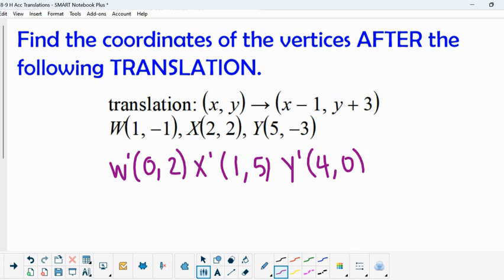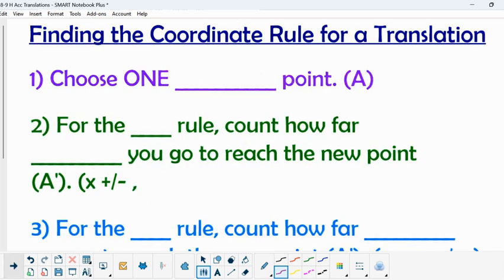Okay, so we can do it with or without a picture as long as we know the rule and the endpoints. Now we're also going to have to go backwards. They're going to give you the picture of the translation done, and you're going to have to come up with a rule. So this is how we do it. So make sure you fill this in so you know. You're going to choose one original,